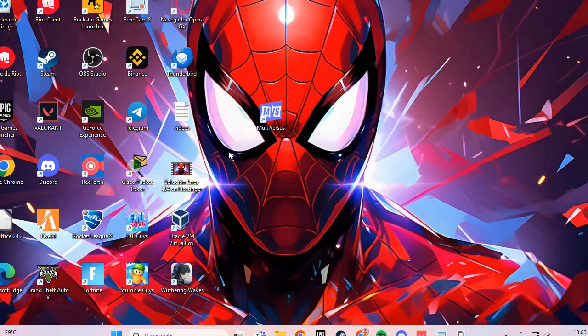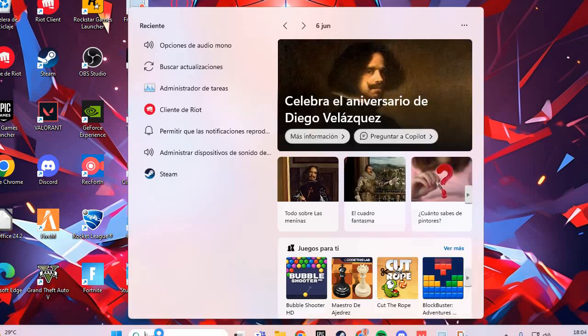The Tiny 2 not launching. Okay, we are going to solve this problem step by step. The first fix: you go here, in the Windows search,